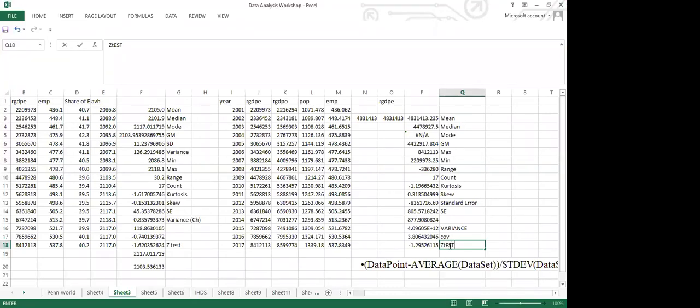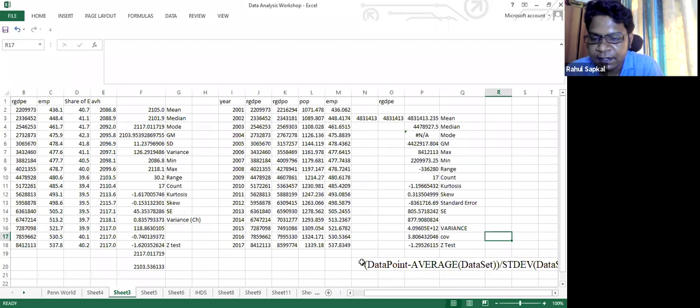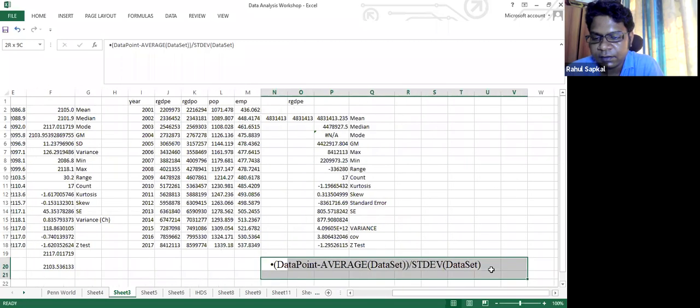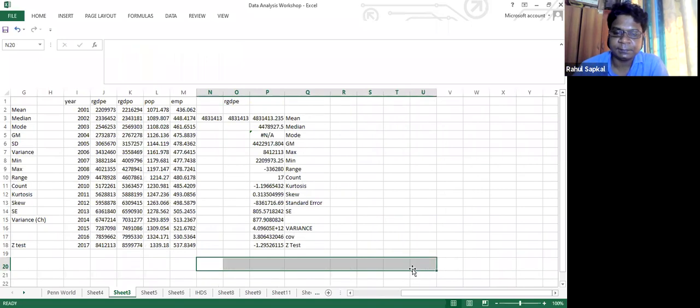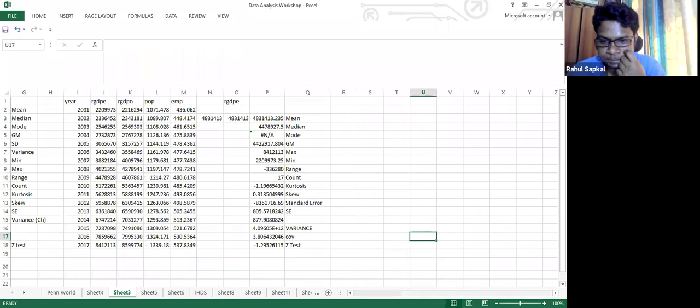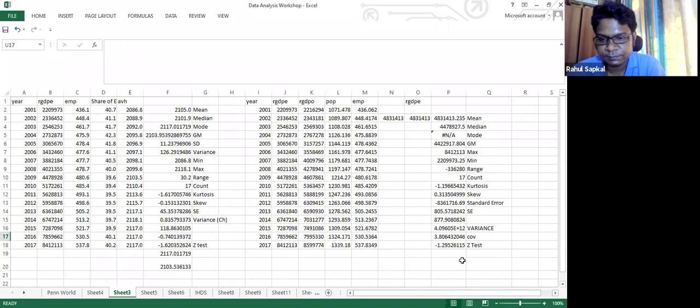You got the formula? Yes, sir. Now tell me, what does this Z test indicate here? What does it indicate over here?